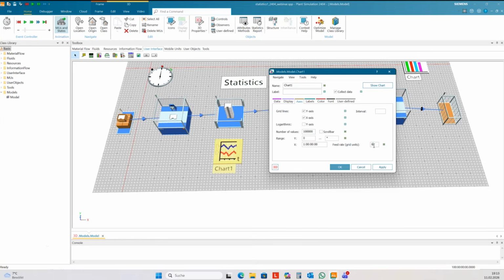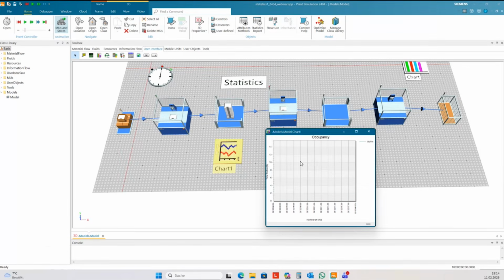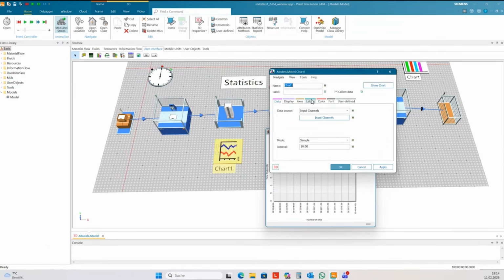I want a feed rate of only 1 and a scroll bar. Okay. These are the steps. Here is my plotter. It still has the labels from the histogram. X-axis is time. Y-axis is num_mu.